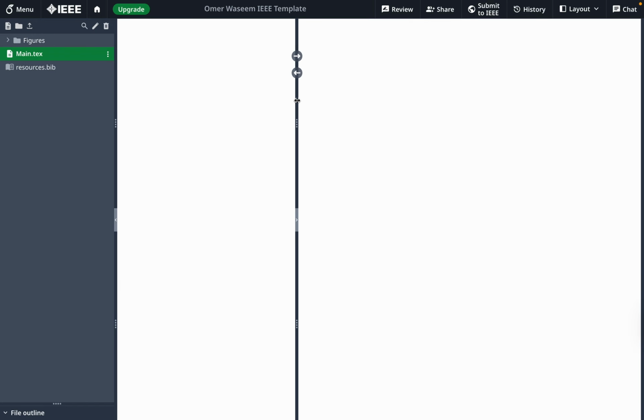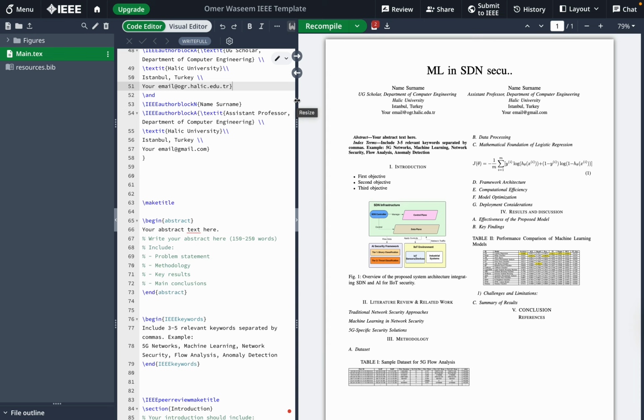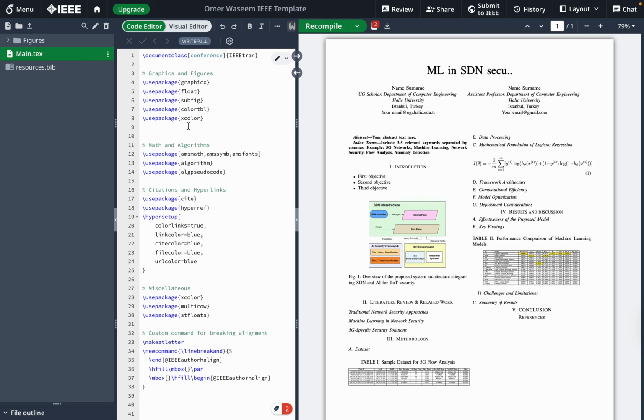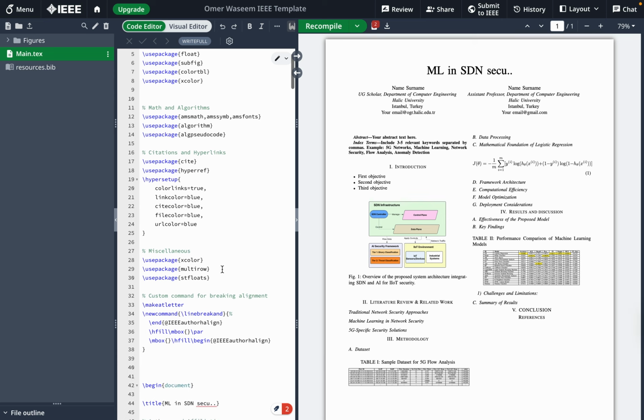And when you come to write your research, there are a lot of bugs. Errors will happen because you don't have all the packages in your LaTeX code in the beginning. Also, there are a lot of sections missing, or sorry, subsections missing. So I am here to solve this problem for you because